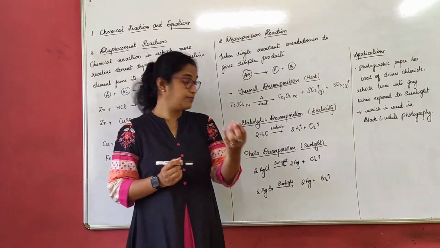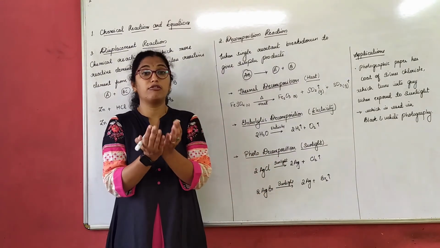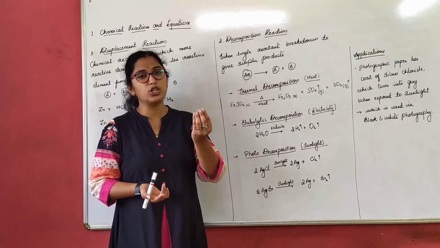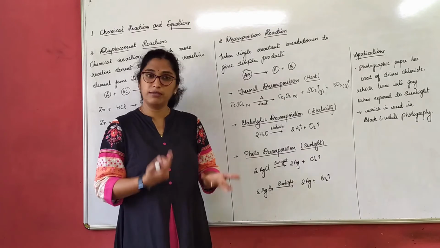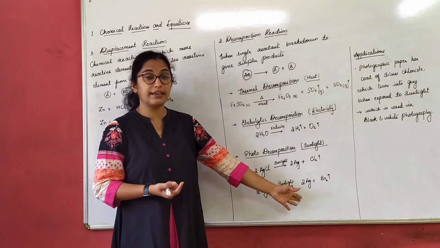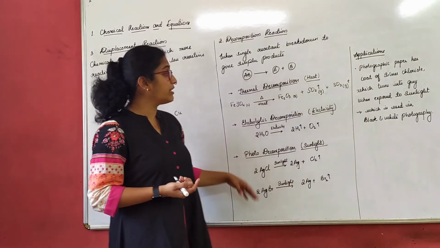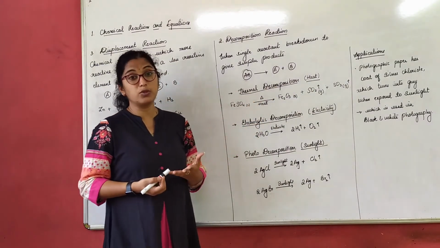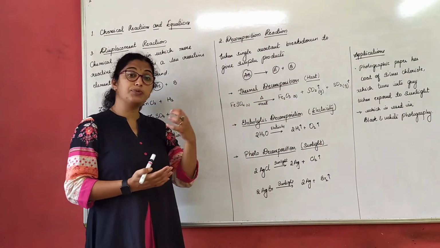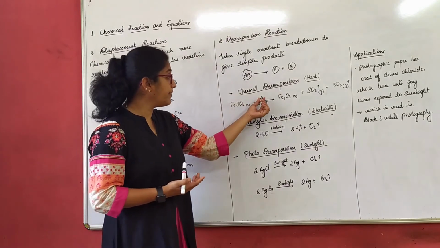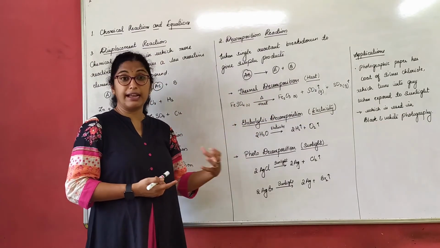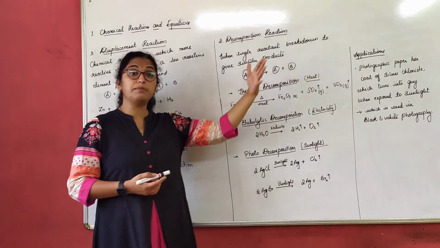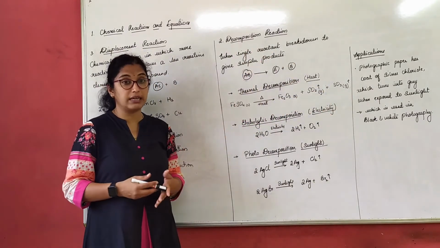When we take silver bromide or silver chloride in a plate and expose it to sunlight, a greyish powdery metal is formed. That is what we write here, with the symbols and with the arrow marks to represent it. Like in yesterday's class, we understood the conditions we write: if it is heated, sunlight, electricity, or if a gas is liberated. We write precipitation; we are yet to study about that.